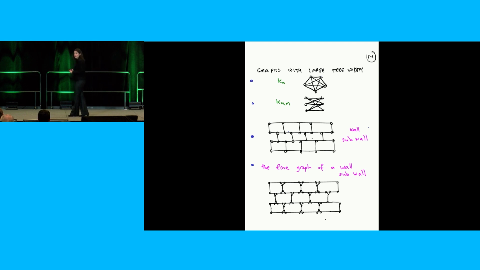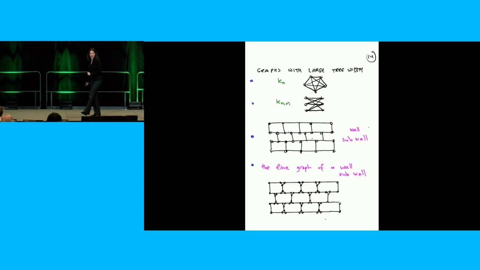However, in every tree decomposition of this graph, you need to have a bag that contains all the vertices. So in other words, the only tree decomposition for this graph is to take the one-vertex tree and put all the vertices in that one bag. So that's a graph that's really terrible for tree decompositions, right? You don't gain anything. Okay, so noted. Kn is a bad graph for tree decompositions, has large tree width.